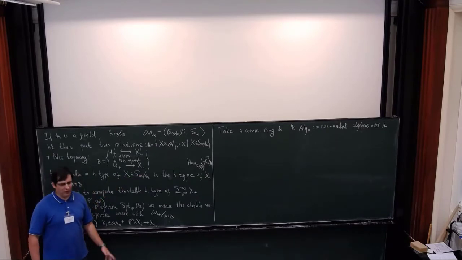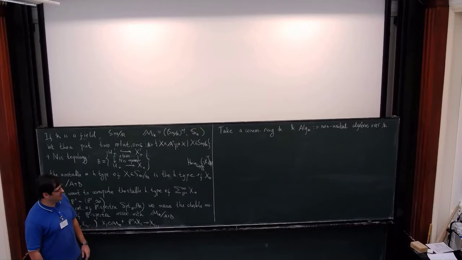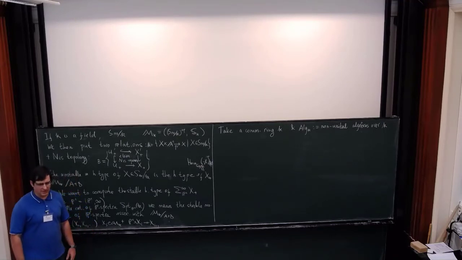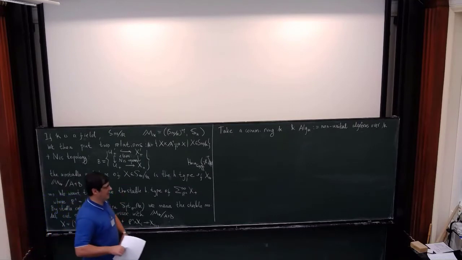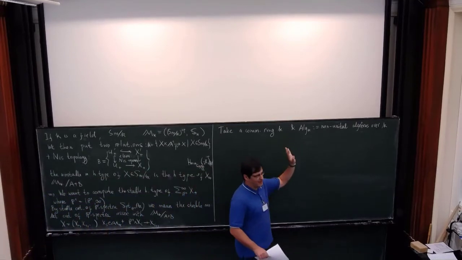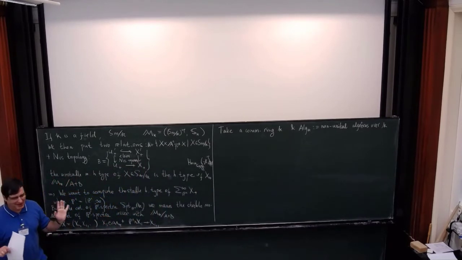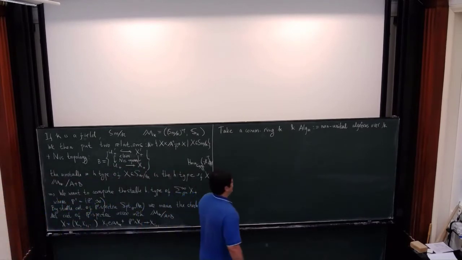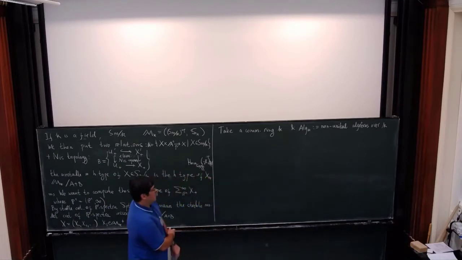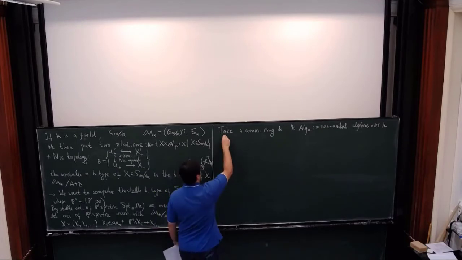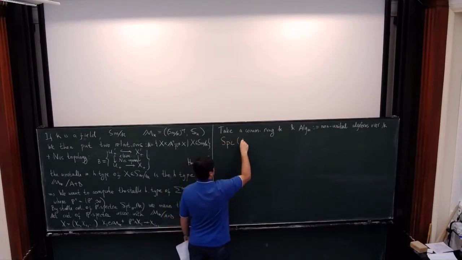Or for example, normally in the C-star case, we take separable C-star algebras, which form a small category, and then we can carry on. But here I leave set theoretical issues because otherwise I don't have time to explain all of this within an hour. And by spaces on algebras I denote